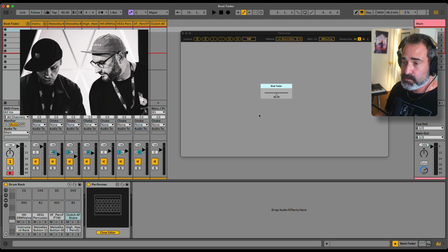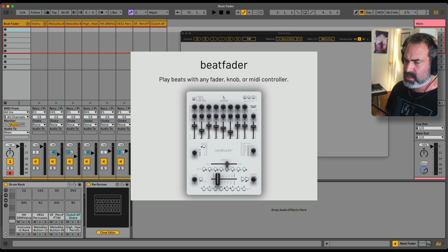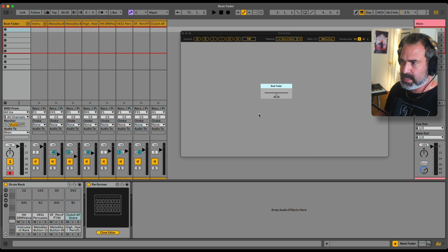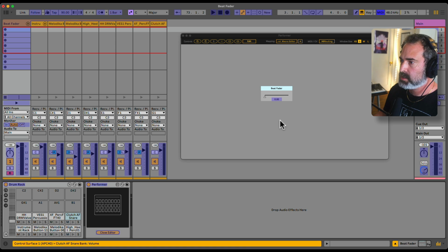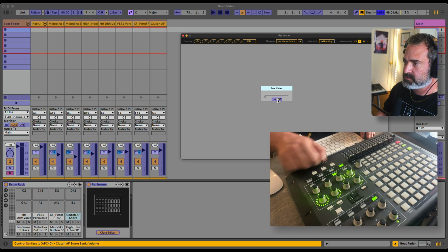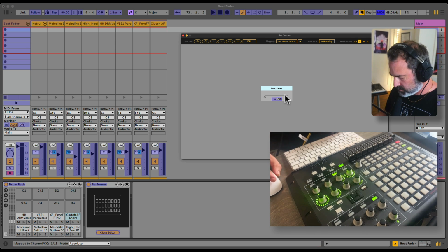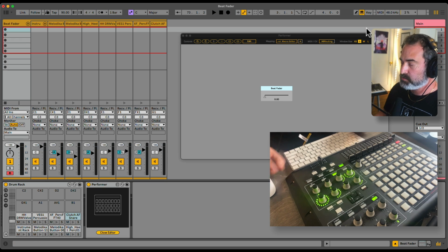They now have a plugin called Beat Fader, and they've been doing this over a decade. Amazing music. I'm inspired by everything they do. And what it allows us to do is play beats using a fader. So here I have, let's check this out. Here I'm gonna go to MIDI mapping mode, and I'm just gonna map it to my crossfader on my APC40. Nice. Now if I start moving it,